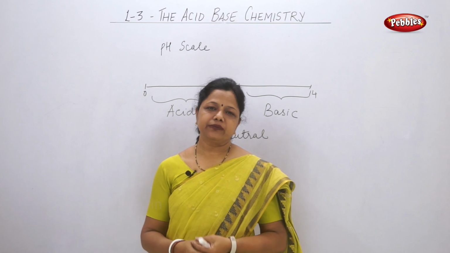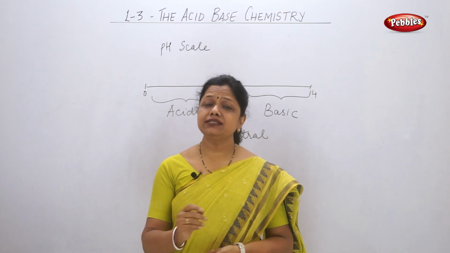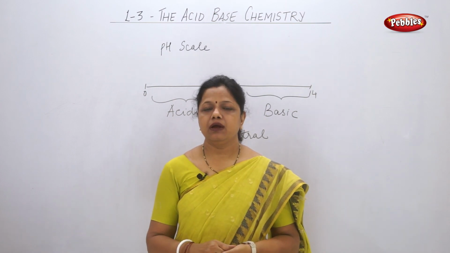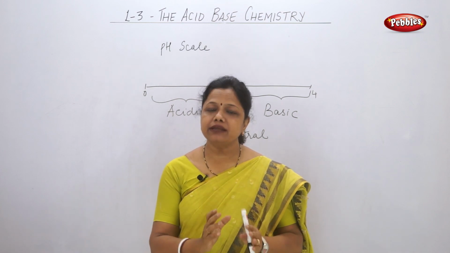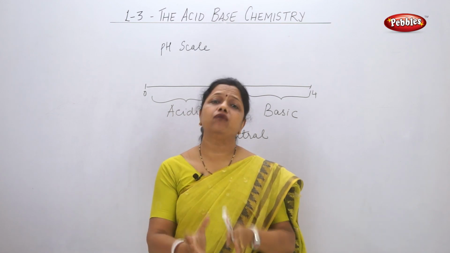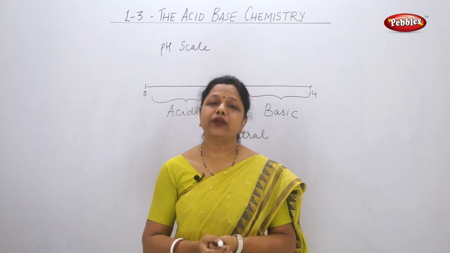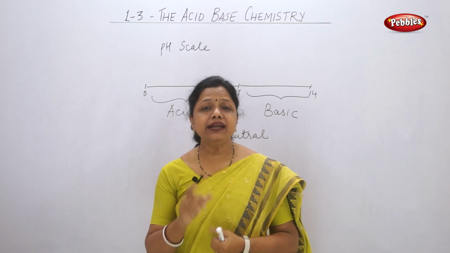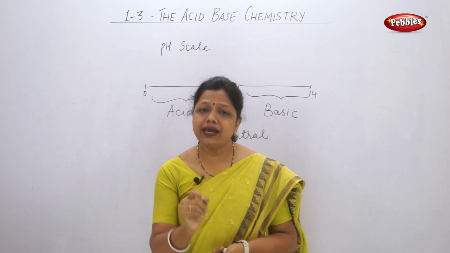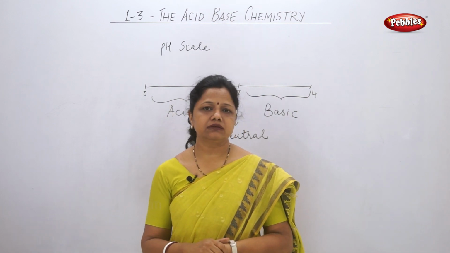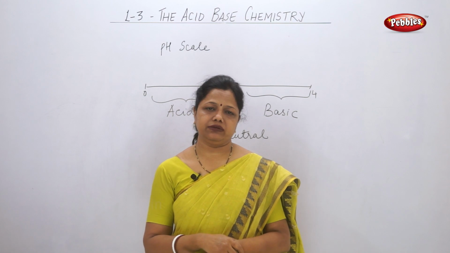So we studied about acids and bases, their nature, and how to find out. We were talking about pH. Now what does pH actually stand for? P means potence and H means hydrogen ion concentration. So it is nothing but the potence or potential of hydrogen ion concentration. How much hydrogen ion is present in that particular solution indicates whether it is acidic or basic in nature. When I say pH, I am talking about hydrogen ion concentration. If I say pOH, I am talking about hydroxyl ion concentration.